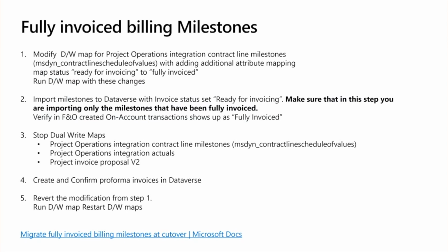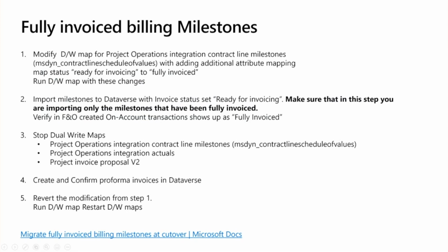milestones entity. Basically, we're going to create a map so that if we upload them in Dataverse with a status of ready for invoicing, we're going to dual-write them to finance and operations as fully invoiced. So at that moment, once we have created that special map, we're going to import the milestones with a status of ready for invoicing. And of course, we can only import now the milestones that have been fully invoiced. At that moment, we will see in finance and operations that they appear as fully invoiced on our on-account